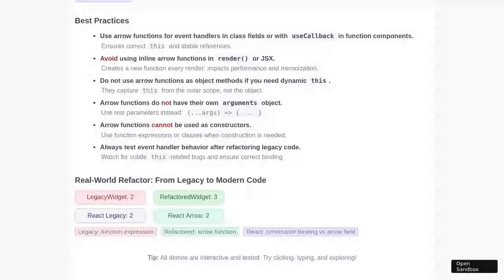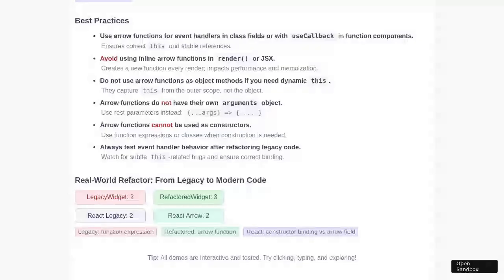The walkthrough proceeds to the section dedicated to edge cases and common pitfalls. Here, a button labeled Show obj.getValue is clicked, revealing that using arrow functions as object methods leads to this being undefined or unexpected. Another button, Try Arguments in Arrow, demonstrates what happens when attempting to access the arguments object inside an arrow function, resulting in a reference error and an on-screen message highlighting the absence of the arguments object in arrow functions. Finally, clicking the new arrow button